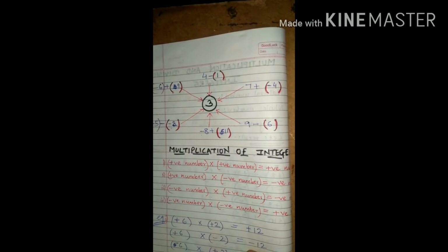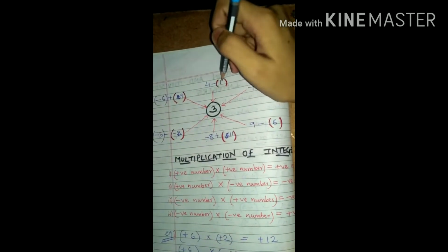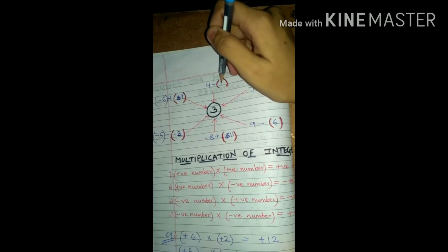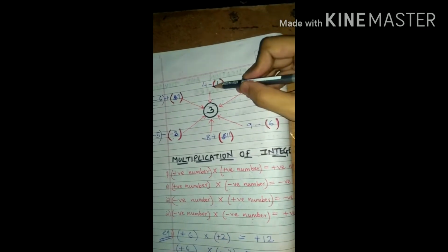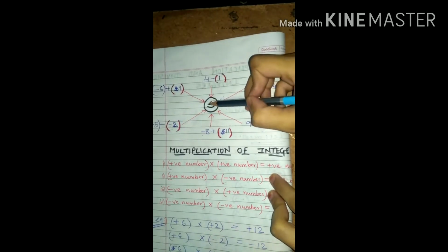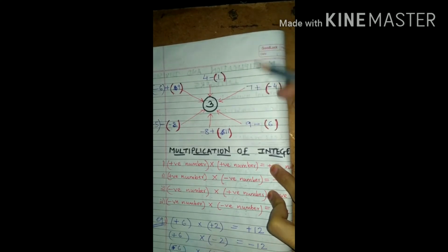Now how to get 3? See, 4 is given. 4 minus how much? 4 minus, if we take a positive number, no sign means what? Positive number. So 4 minus 1, we get 3. And the bigger number is what? 4. So 4 has which sign? Positive. So plus 3 we want. Plus 3 we are getting from solving this equation.